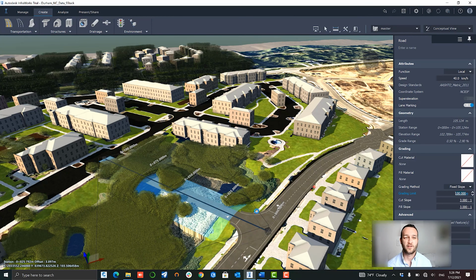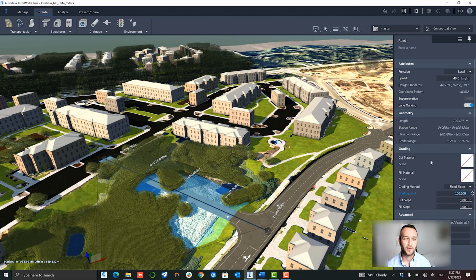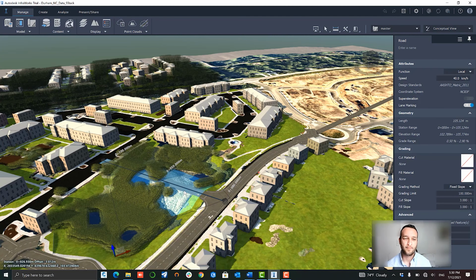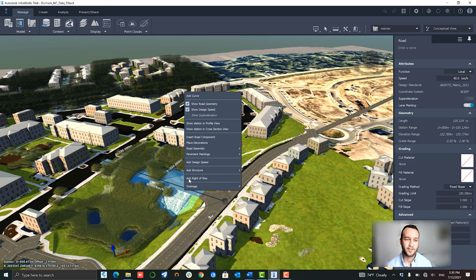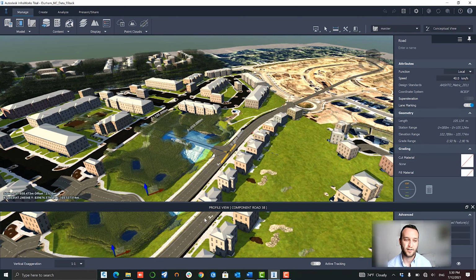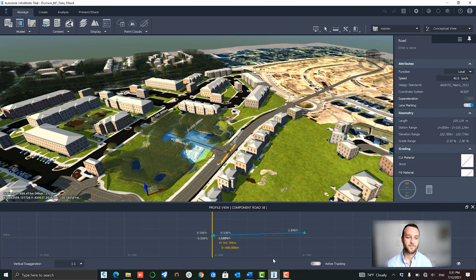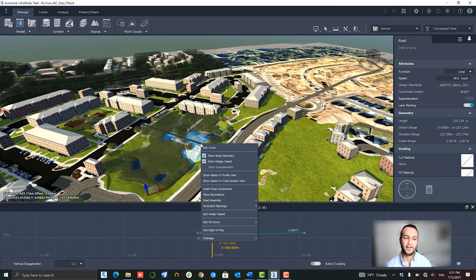So I have another site loaded in Durham, North Carolina of a subdevelopment. And I have the same data stack loaded. I have our high resolution imagery, our terrain data, and our AI data to create 3D objects in the world here. And I've drawn a new proposed road, a little bit in a goofy place, but just to demonstrate some of the utility here.